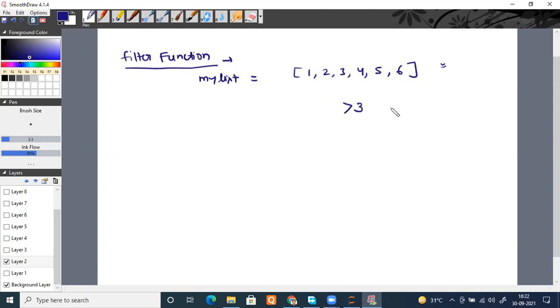Again, the function will take 2 arguments. What arguments will it take? It will take 1 argument to be the function, which will decide your filtering criteria. And second, your iterable. For example, in this case, it is my list.